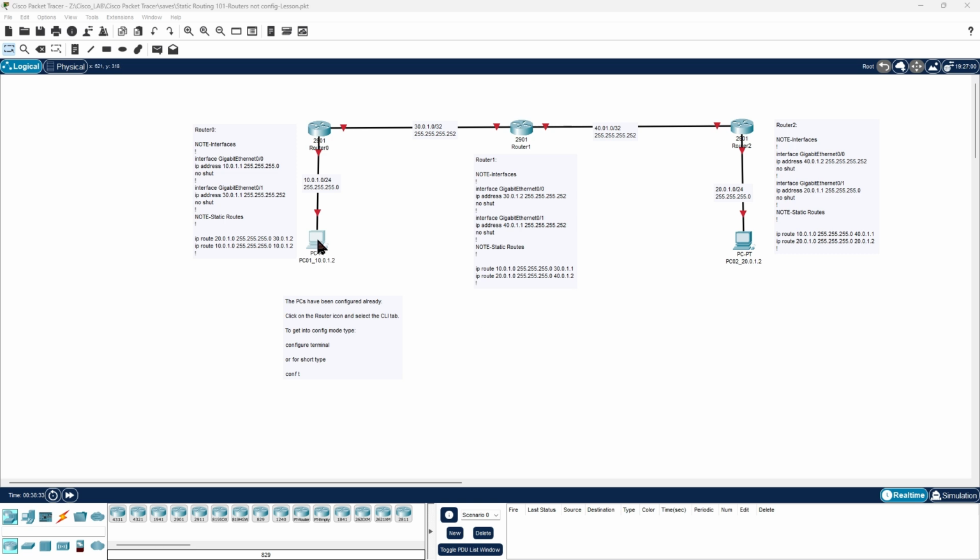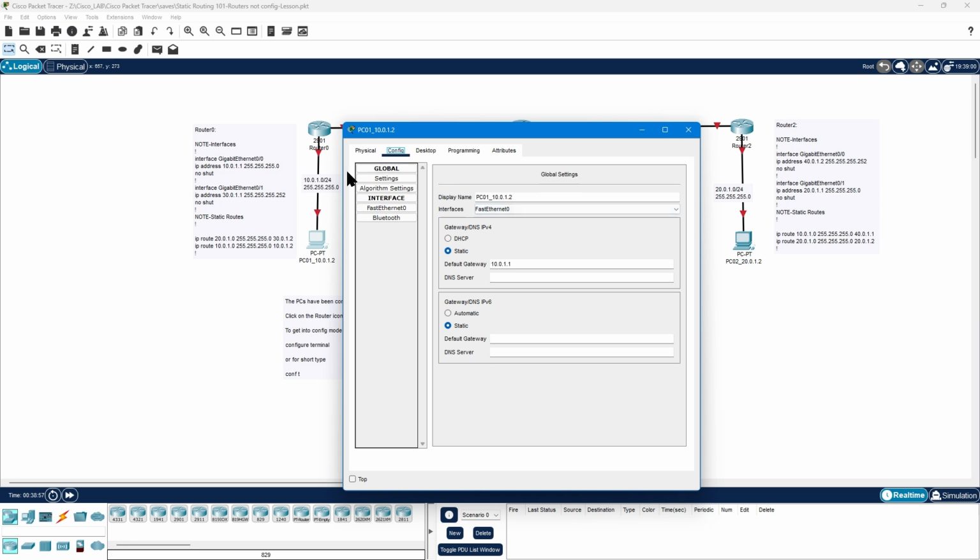To start off, we'll look at the network, and the network today consists of 2 PCs on either end, and their names are also their IP address on their Ethernet 0 of each of them. So we have the first PC, and we'll take a look at the details. We click on it and look at the global settings, and in the global settings we have the PC name, which is